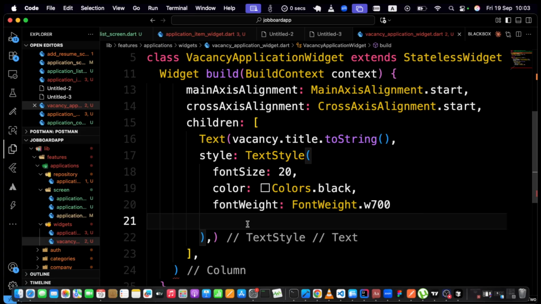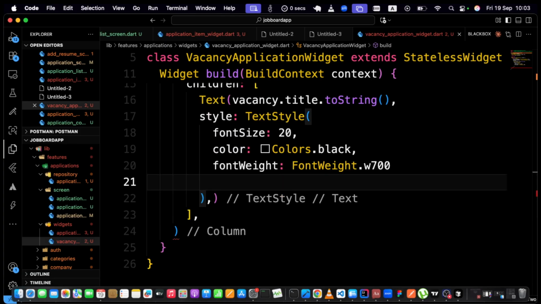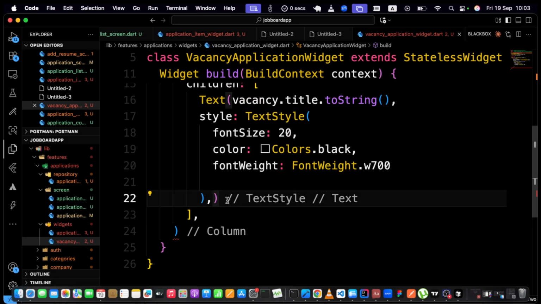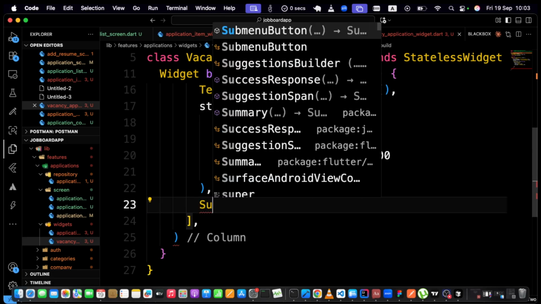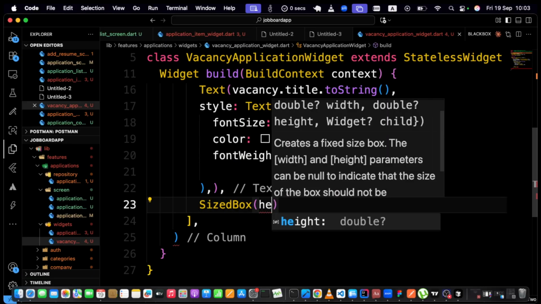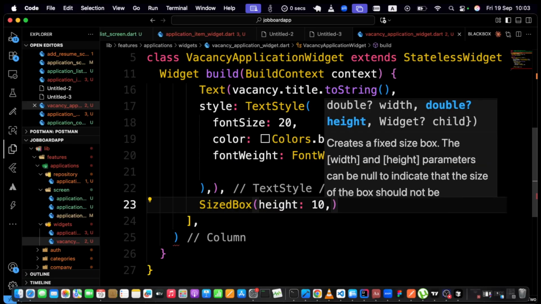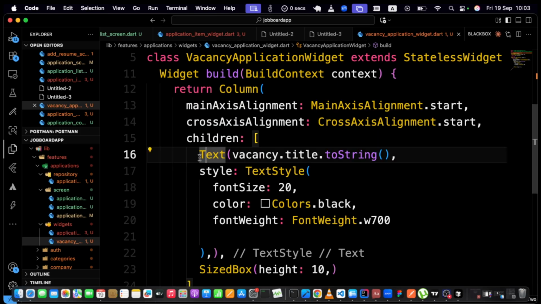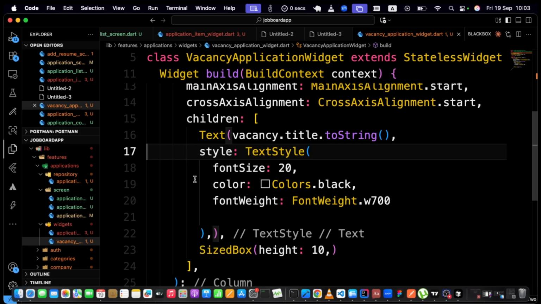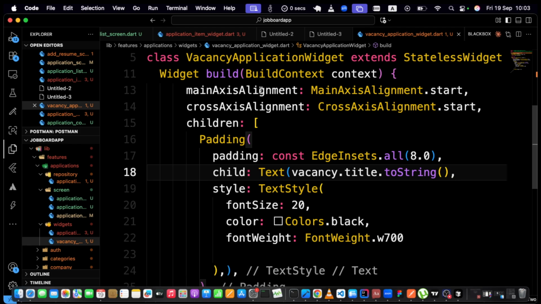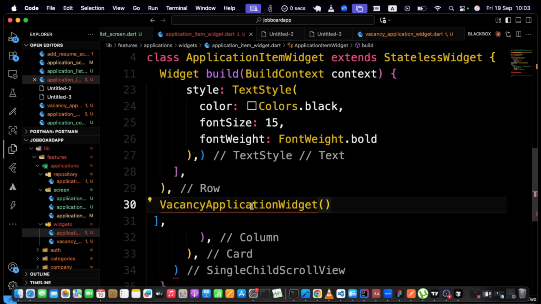Okay. And then after this, we just have a size box. Let's just give it a height of 10, like this, and then we are done. Then let's just grab our text widget with the padding widget, right? With the padding widget. Okay, so let's go back and then let's